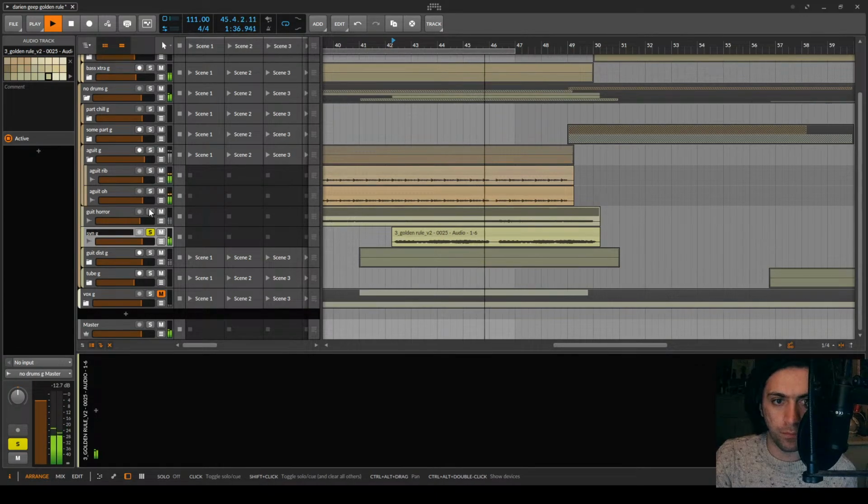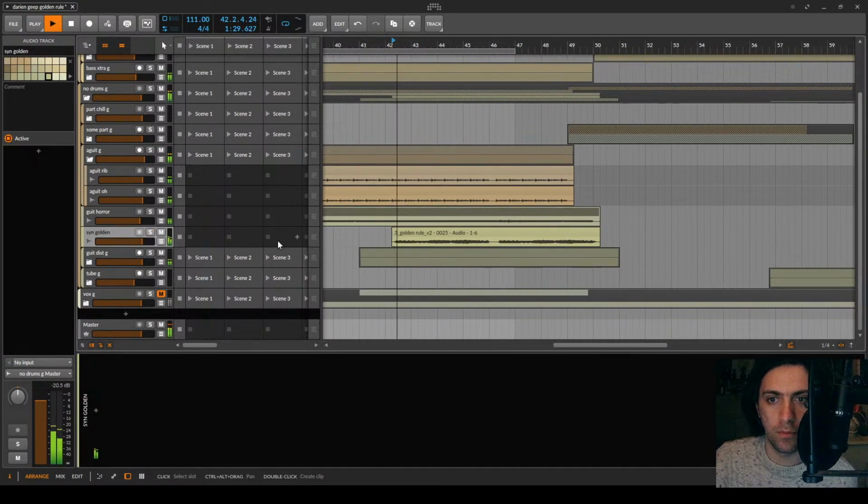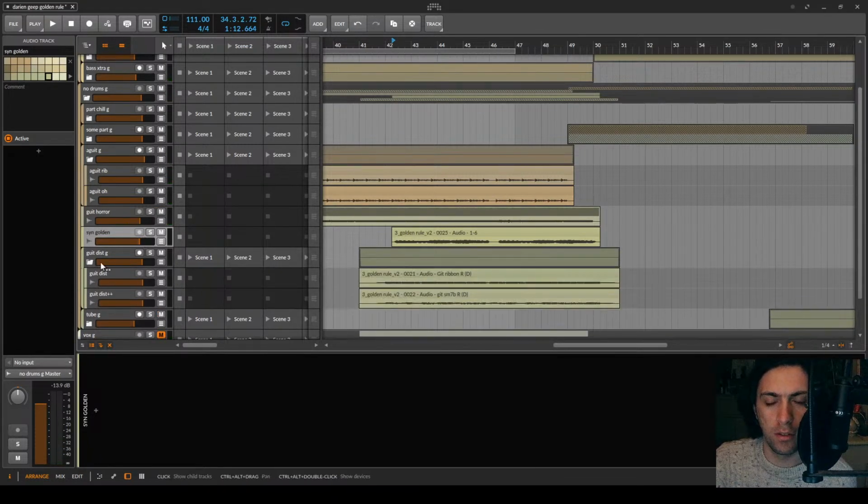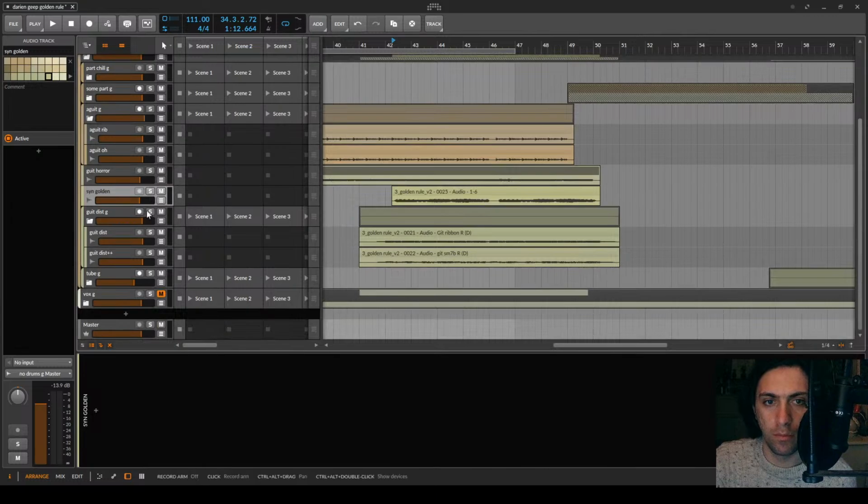Okay. This is definitely a golden synthesizer. Very disharmonic melodies as well. And then even all that stuff down here.